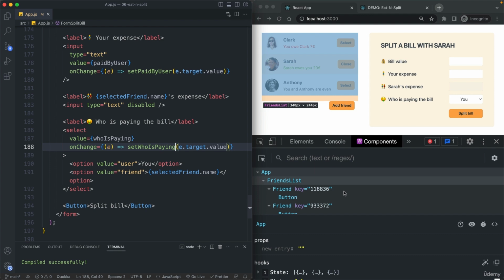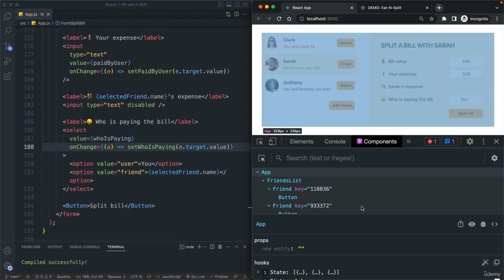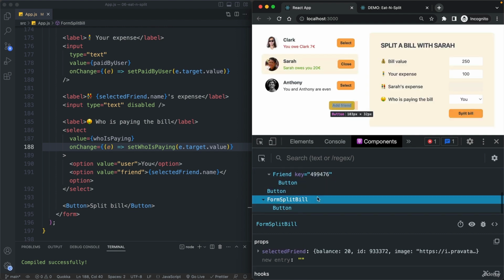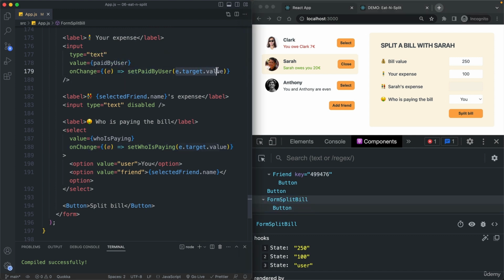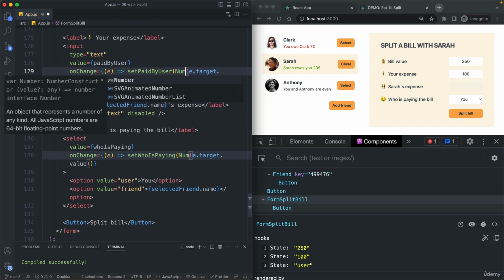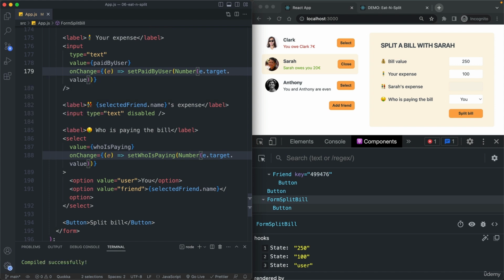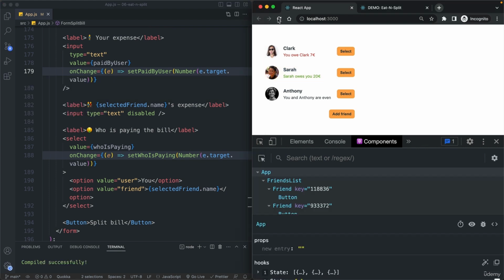All right. So let's write something here. And then we should see it here in our component tree that the state is exactly what we expected. Or actually, we should convert these two here to numbers. So let's select this one and actually also the next one, so we can do everything at the same time. And if I then reload here,